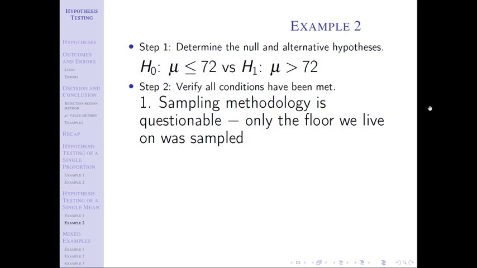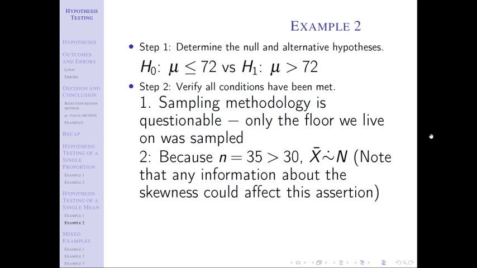Okay, so because of that, we just have to rely on our sample size. In this case, our sample size is 35. That is bigger than 30, so we can say that the central limit theorem holds and that X bar is approximately normal. I'm going to make a note, however, that if we had a really skewed sample, that would not be enough, right? We talked about this before, that if we have a really skewed sample, the central limit theorem says that we need much more than 30 to overcome that. If we had symmetry, even maybe mild skewness, 35 would be okay, but with a lot of skewness, 35 is not going to actually be large enough. So I'm just going to make a note. If this happened to be a skewed distribution, that may not be ideal.